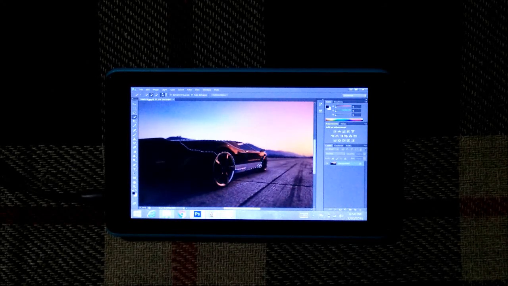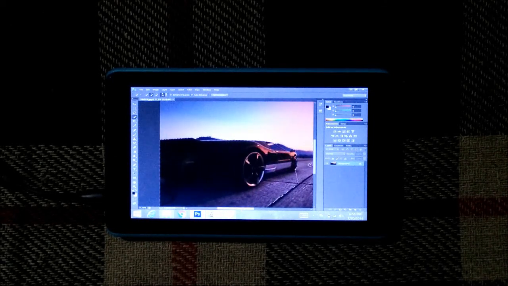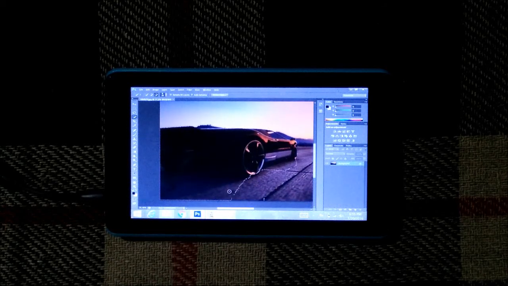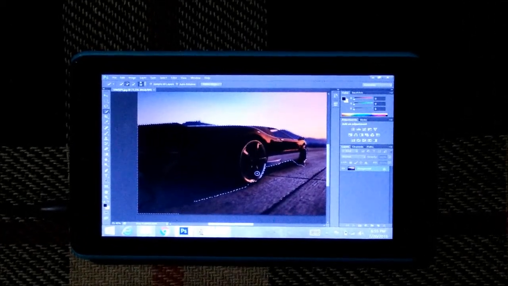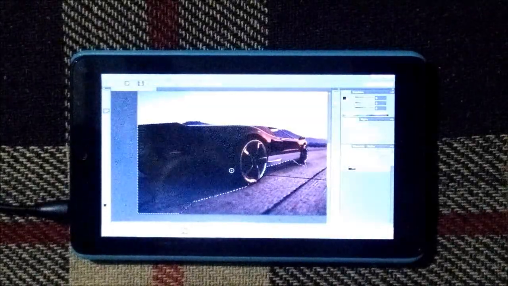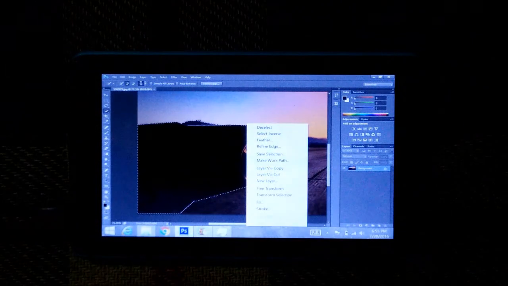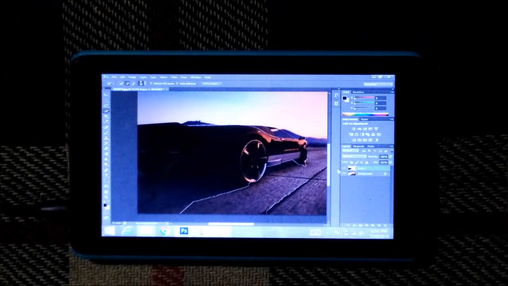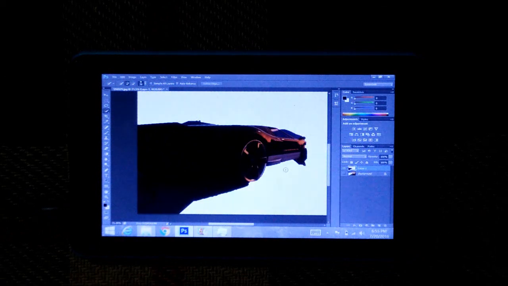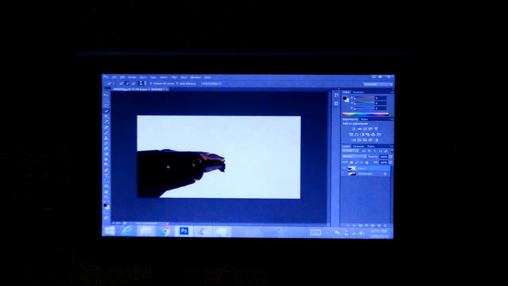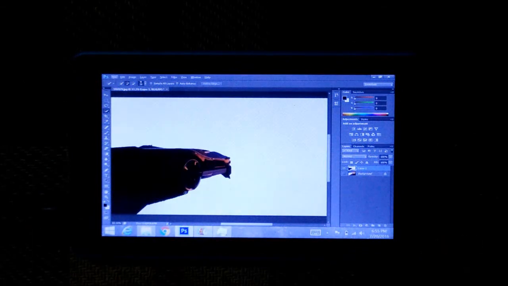So as you can see, it is selecting the car, and pretty nicely. So there are no hiccups or any lag whatsoever. So as you can see, it has done selecting the car, and now we will just deselect it a bit. Okay, so as you can see, it has selected the car. Let me zoom in. So now let's make a new layer using it. So right click. So as you can see, now we have layered it. So it's working pretty fine, no issues. As you can see, it's working pretty fast, no choppiness or lag at all.